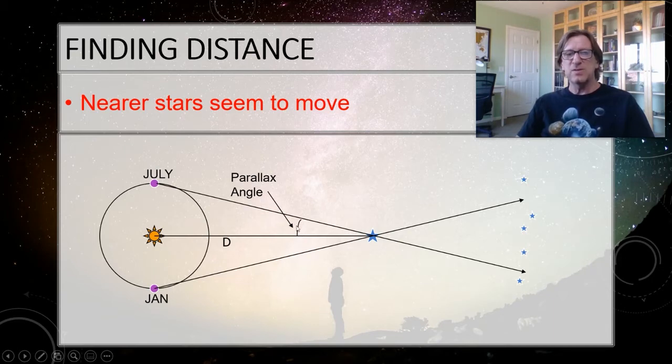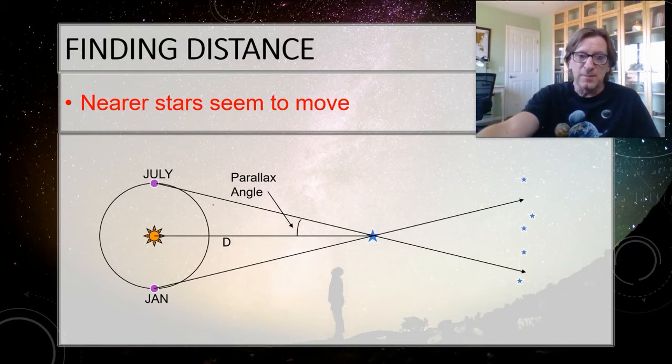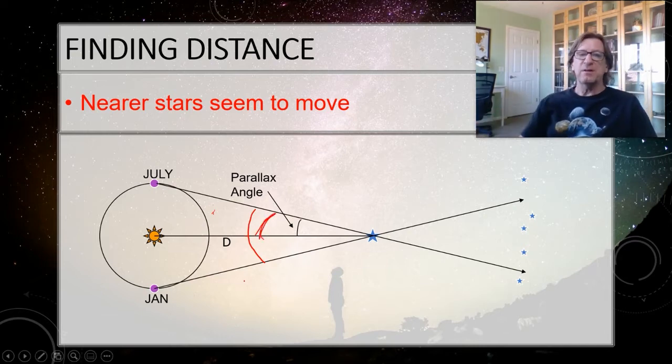So that's called the parallax angle. The total amount here is called the parallax shift. The parallax angle, the shift is this whole part right here. So I'm going to draw that. So that's the shift. The parallax angle is half of that shift. So just from here to here. Okay. So the parallax angle then, if I know my baseline here, if I know this and I know this angle, I can figure out that third side that's there.